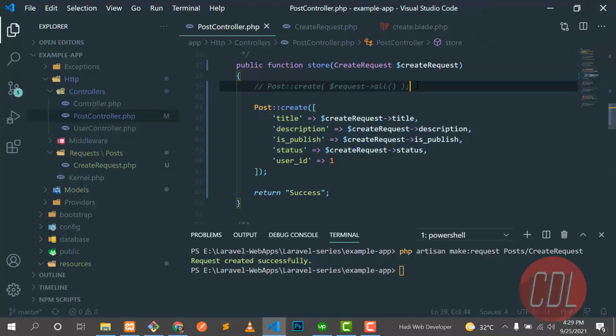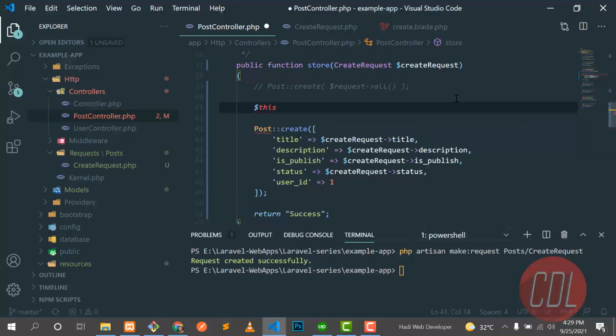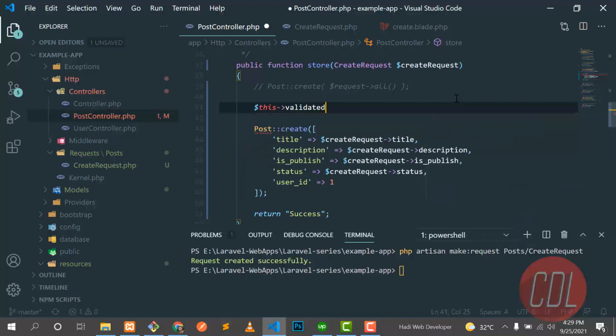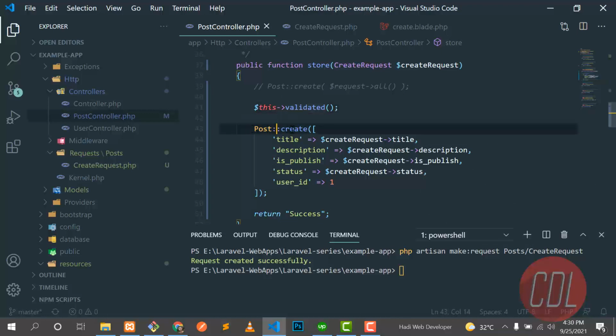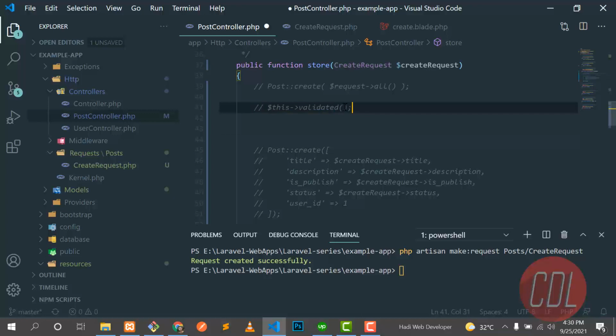Another thing, which is used for security purposes, is this. And here is a method which is validated. Why is it used? If you pass like post slash create and you pass an array, like a custom array, you don't need to add this validated.